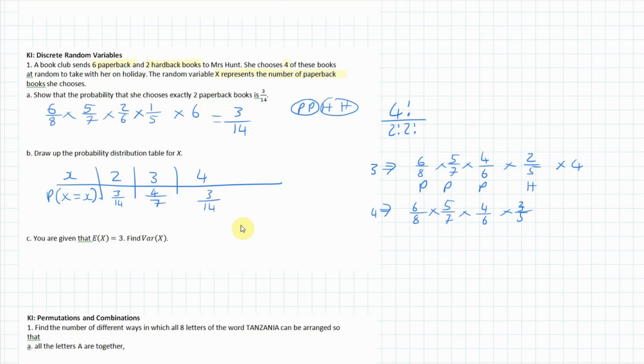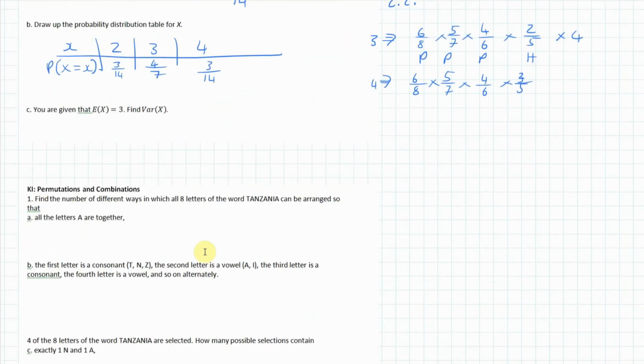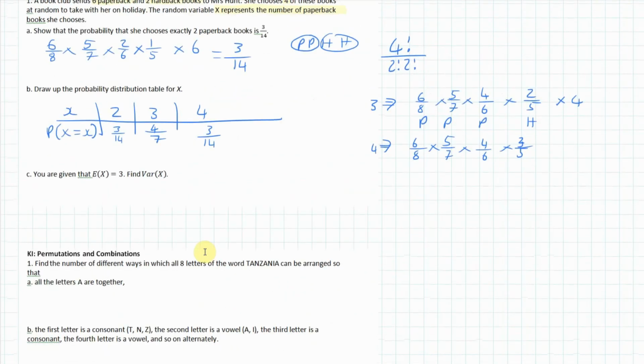Okay. Now the next question is I've got to find var x. So I know that E(x) is equal to 3, expected value is 3. So remember, var x is defined like this. It's equal to E(x squared) minus E(x)